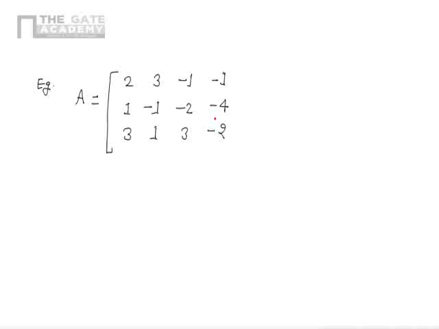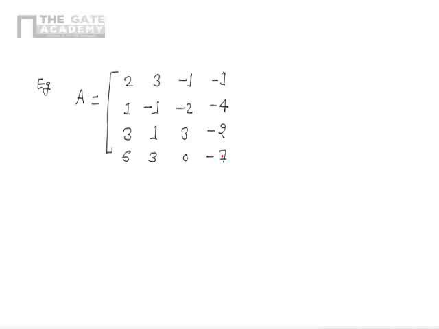Now let us take one example and we will find out the rank of the matrix by using the elementary transformation. So let us consider the matrix A equal to 2, 3, minus 1, minus 1, 1, minus 1, minus 2, minus 4, 3, 1, 3, minus 2, 6, 3,